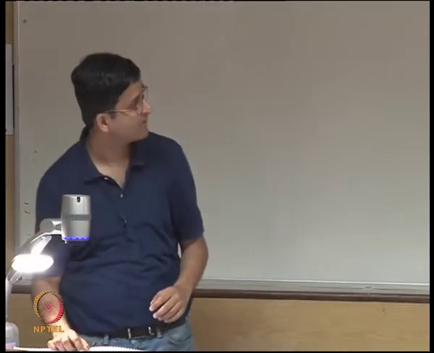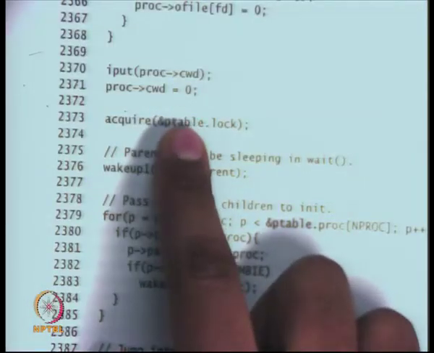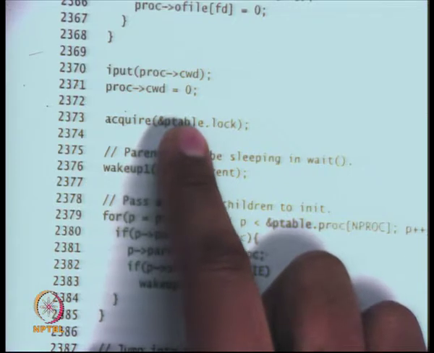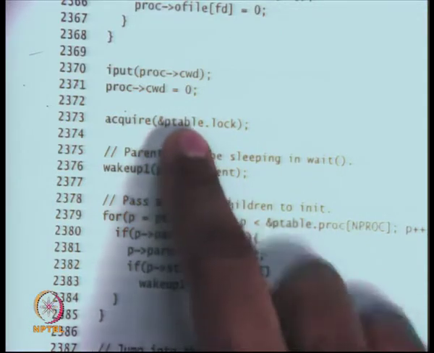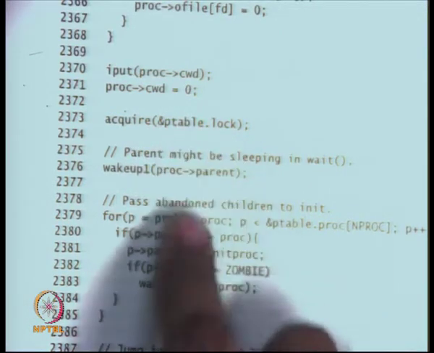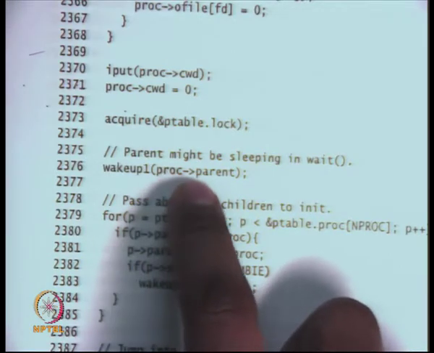Okay. And I set my CWD, current working directory, to 0, and now comes the logic to implement exit-wait synchronization. So I acquire ptable.lock, and I wake up proc.parent.